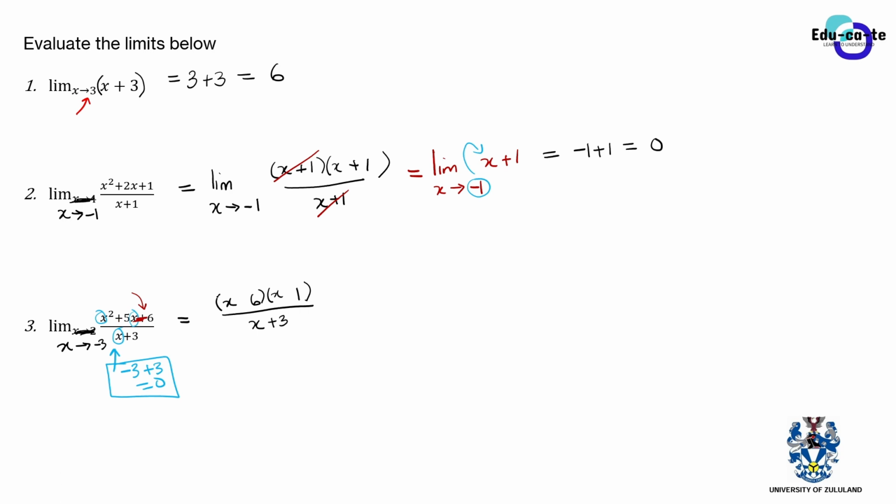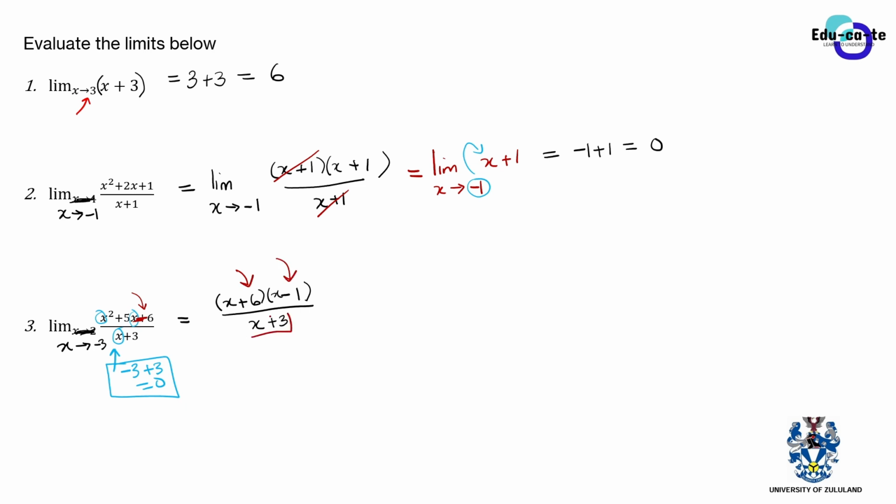If you factorize that carefully, you're going to get the factors (x plus 6) and (x minus 1). Those are your factors if you factorize carefully and correctly. So in this case, there is no factor that can cancel out, because look at this. Here on top we've got x plus 6, and here we've got x minus 1.